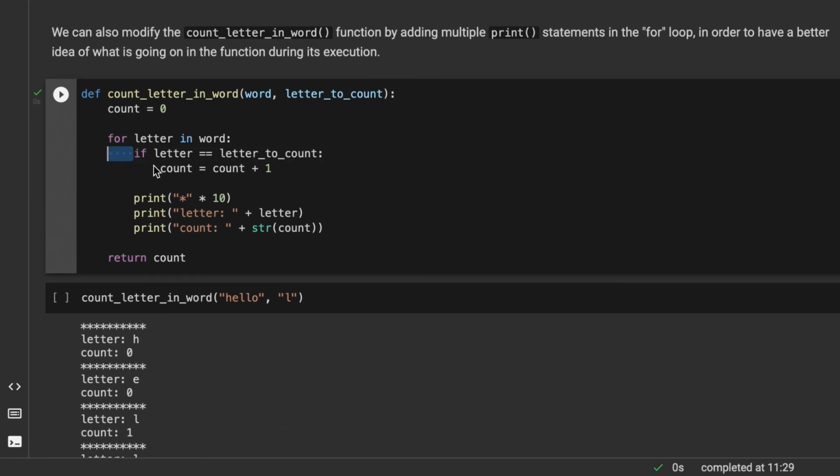for loop. So basically Python still counts the letters, but we also ask it to first print 10 stars. This is just for us to have an easier way to see when a specific iteration was happening. And then we ask Python to print the current letter, so the current value of this variable, and then print